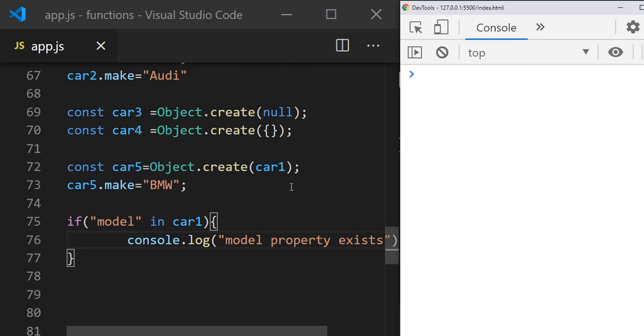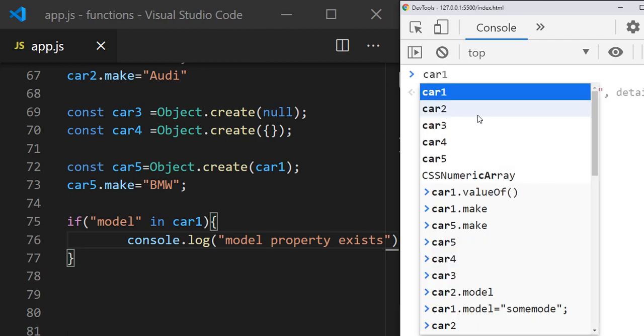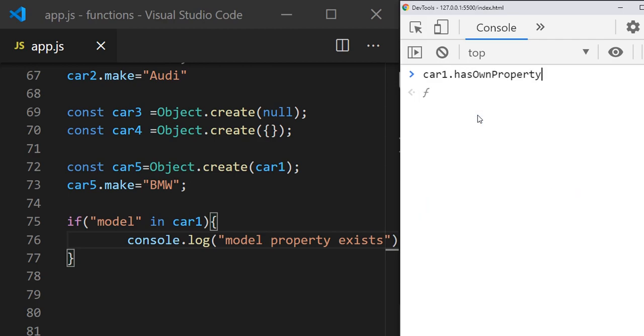Another way of checking is hasOwnProperty. car1 dot hasOwnProperty, and you can give the name of the property you are going to check. Even if it is empty, by default it is showing empty. So I just type model. Model is an own property of car1, so it is not inherited from any object; it has it by creation.